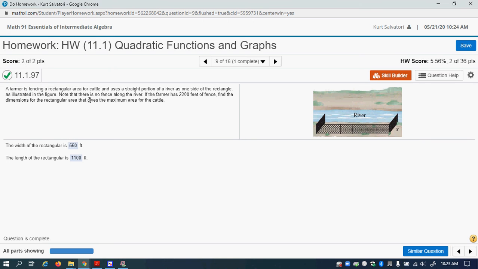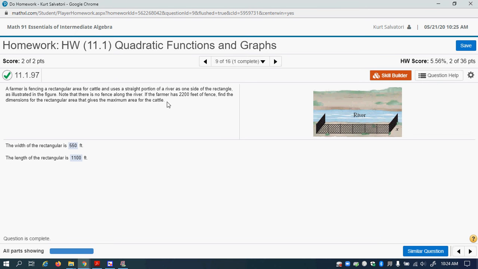So in this problem of a homework chapter 11.1, there's a word problem, and they're asking for you to maximize where the cattle would be kept inside this fence. A farmer is fencing a rectangular area for his cattle, uses a straight portion of a river as one of the sides, so he doesn't need to put a fence there. Note that there is no fence along the river. If the farmer has 2,200 feet of fence, find the dimension for the rectangle area that gives the maximum area